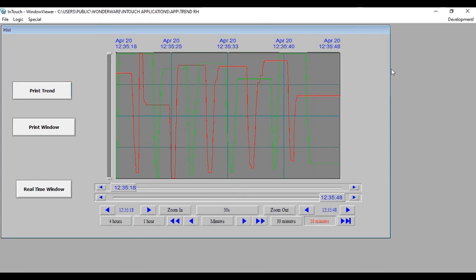Now let's check print window. If we want to print the entire window, if we are running any animation on this entire screen, we can capture the entire screen as our record. So let's check.